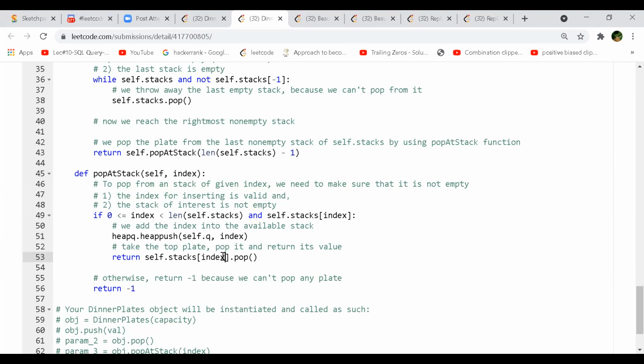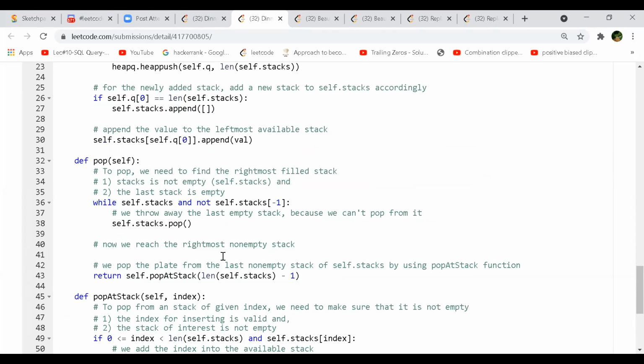But if he's popping that index from here, for the pop also we are using the same priority queue. So isn't that conflicting? We have to use the same priority queue, right? Why should it be conflicting? Can you go to line number 14 of your code? Sure.